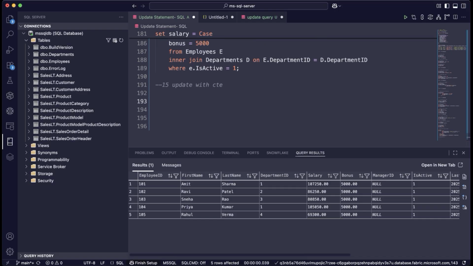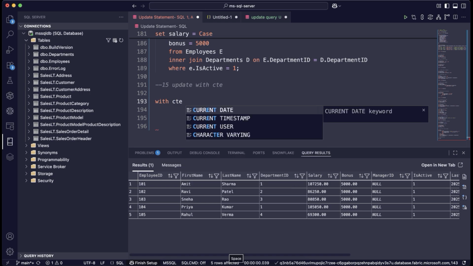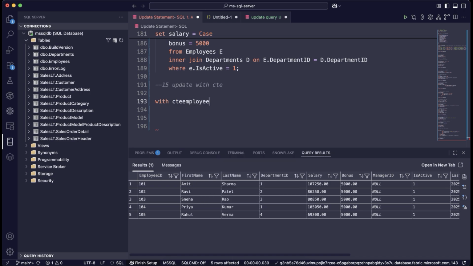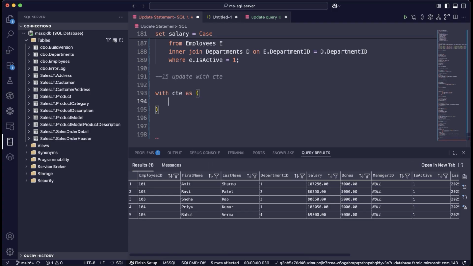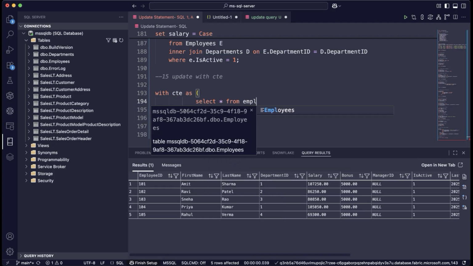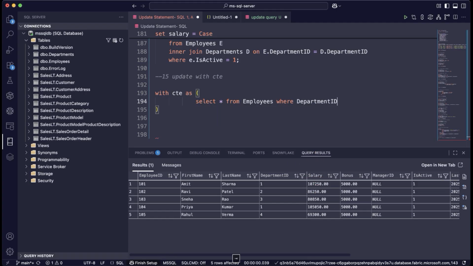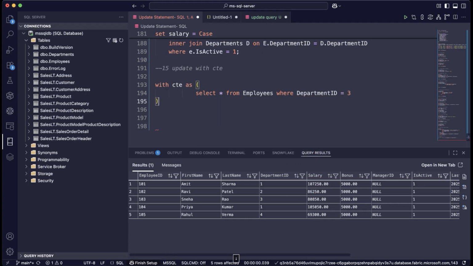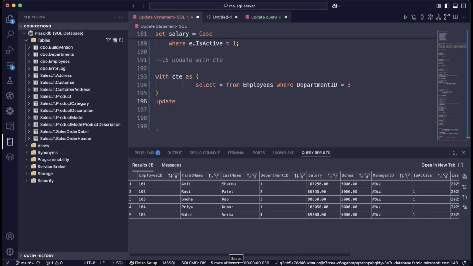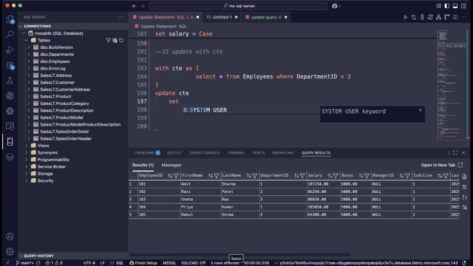Okay, so you can even perform an update through a CTE, which is a common table expression. So let's see an example of how to update using CTE. Let's create a CTE for employee. Okay, so let me give here the name CTE as, let me create select star from employee where department ID equal to, let's say, 3. Okay, and let me now use the update statement on the CTE, and let's set salary equal to salary